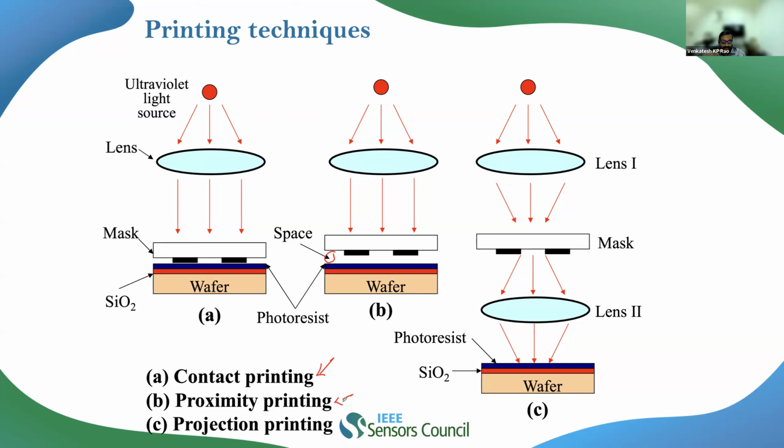On the other hand, in case of projection printing, what we have is a lens system. We have the first lens, and then it falls onto the mask. We do have the second lens, and again it falls onto the structure. Basically, it's like a projector. It will project whatever is there. So depending upon how you are developing it, the printing technique can be classified into contact, proximity, and